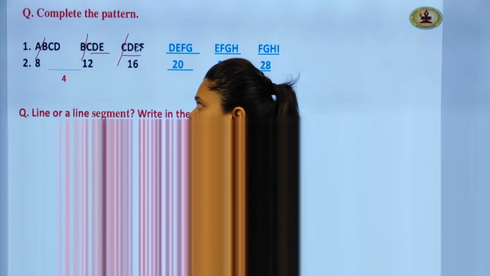Then let us proceed. Here, we have a total of 3 parts. Out of 3 parts, you have to shade only 2 parts. That means 1, 2, 3 parts. Only 2 parts you have to shade. So that is 2 upon 3. 2 parts are shaded out of how many parts? Out of 3 parts. It is said to be 2 upon 3.